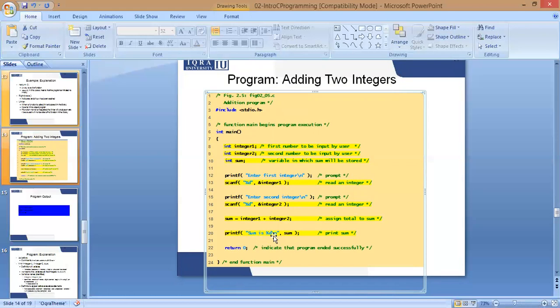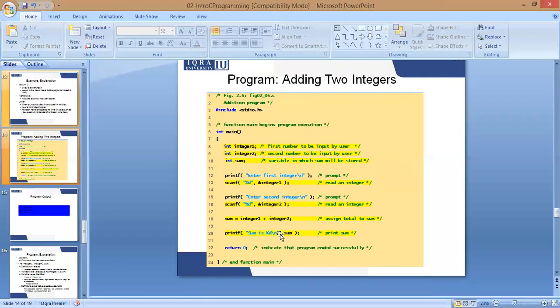When the compiler reads %d, it means there is an address given. I need to go to that address. I need to get some data from that address, and I need to put that data over here. It will immediately go after the comma, and it will see what address is over here. Sum is over here. Memory had a space, we occupied a space in the memory with the name sum when we initialized this on line number 10. It will go over there. Whatever sum is stored over here, as a result of this statement, it will bring that value and print it over here. And that is the end of this program.